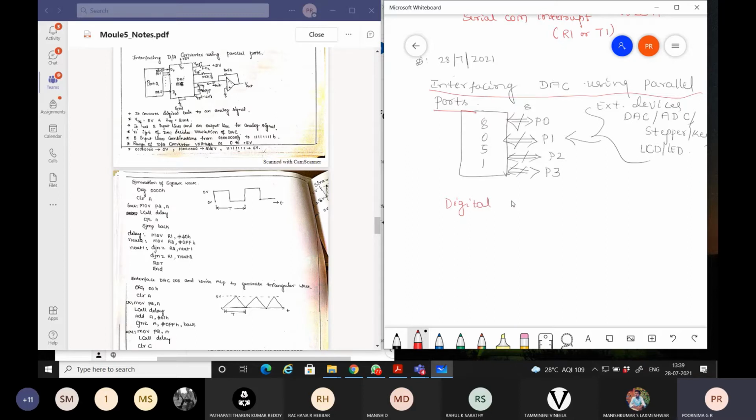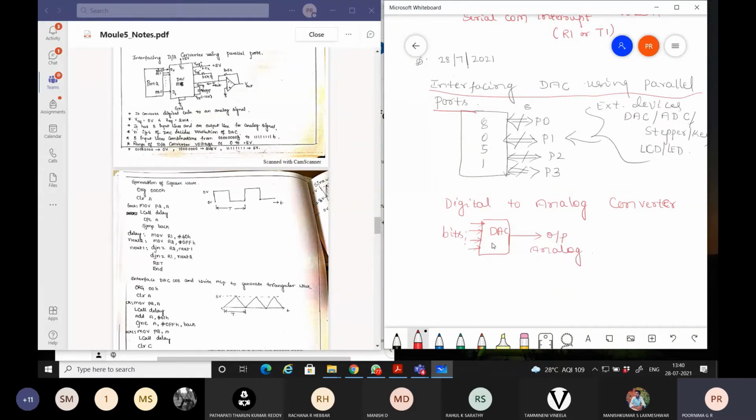When you are considering the function of this digital to analog converter, first let us understand it, then we'll go for how such a device needs to be interfaced. The input for a digital to analog converter will be the digital information in the form of bits. Bit information will be given to the digital to analog converter, whereas only one output will be considered. That output will be analog in nature.